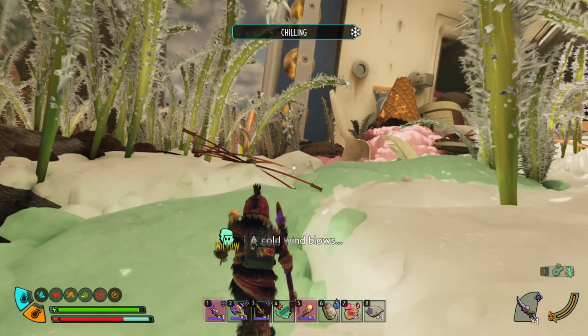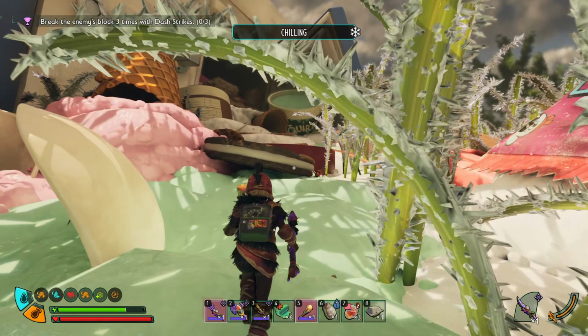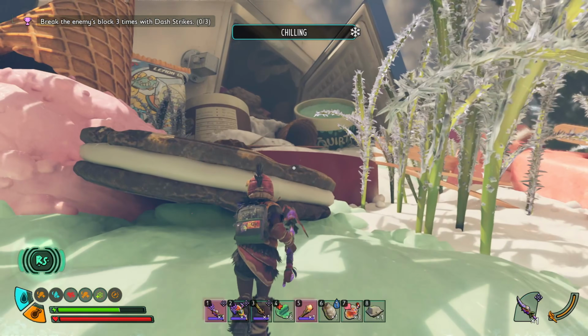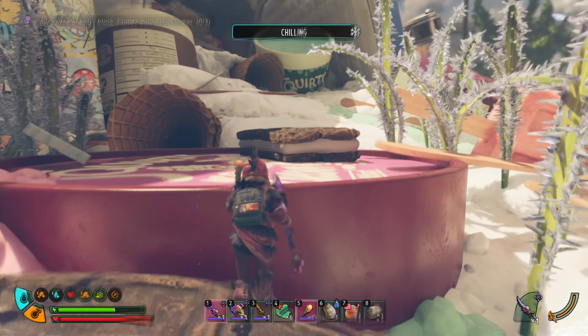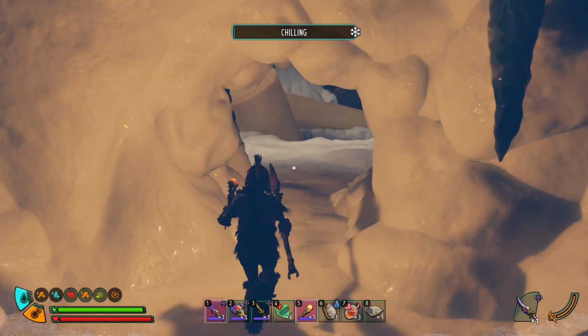So our journey is going to start on this side of the ice cream cart. We're going to run up the melted green ice cream towards the cookies, hop over the cookies, and head towards the ice cream cone to your right, or straight ahead now. When you get to this T intersection, you're going to go through and make a left, and